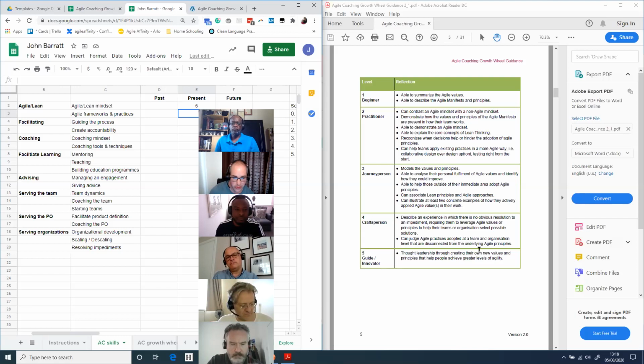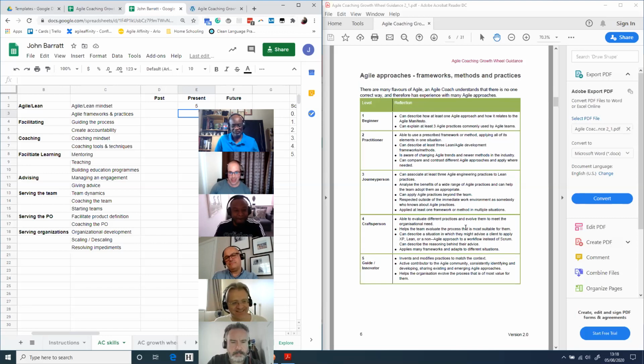And I hate that word, thought leadership. Perhaps we should change that word in the next version of the guide. So the great thing about this guide is that we take feedback on board all of the time, and we're constantly updating the guide to show that.